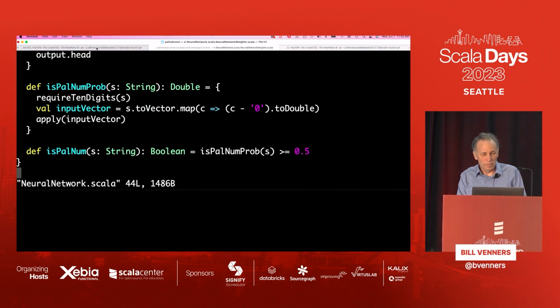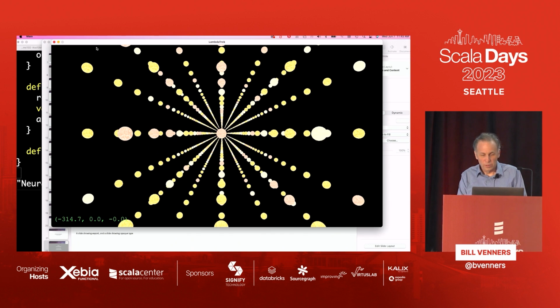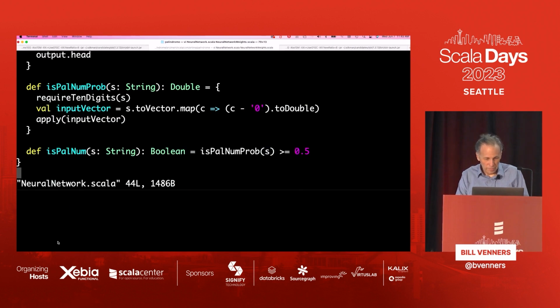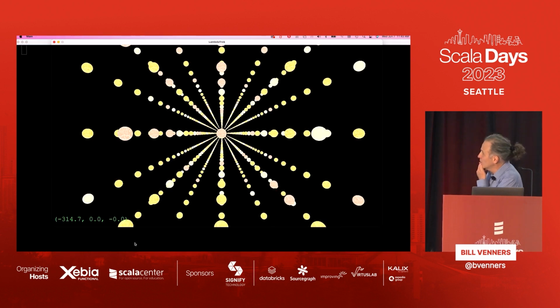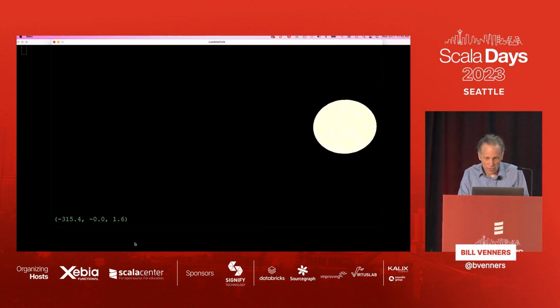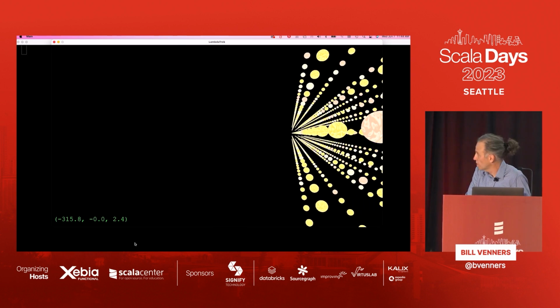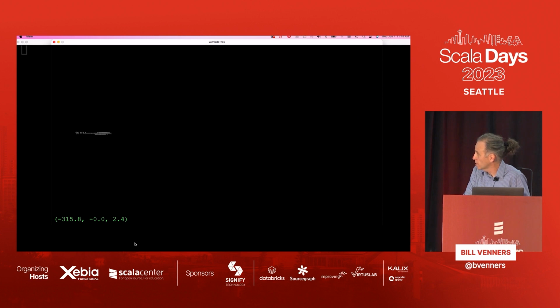So anyway, that's the neural network version. And so then I want to go back to see where we are in our star journey. And just so you can see, this is a vertex of the next thing out. So I'm going to scoot around the side so you can see how tall this is. So this is just for variable 3. That's how thick it is.